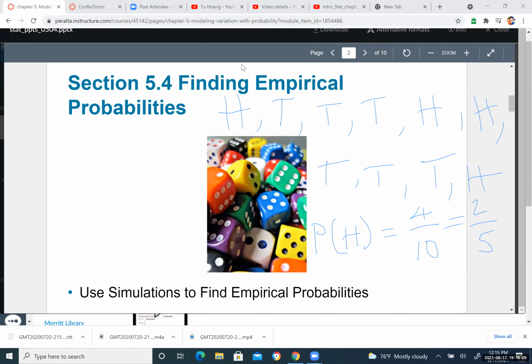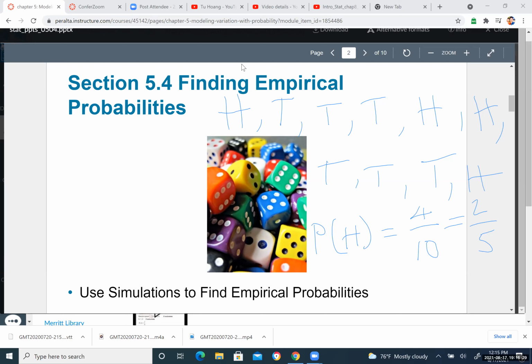the decimal value, you take 2 divided by 5, you got a decimal value. Or if you want to find the percentage, you multiply that by 100%, you got the percentage. But to me, fraction is fine. I don't mind. So just like that, and I will teach you how in this section, they will show